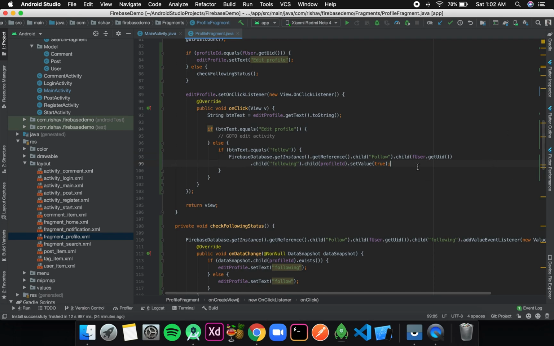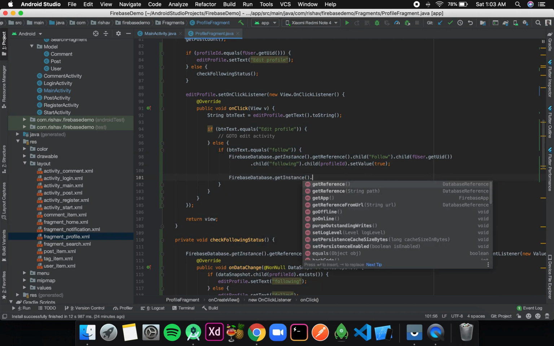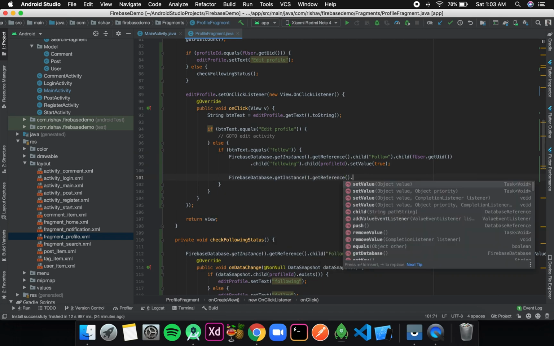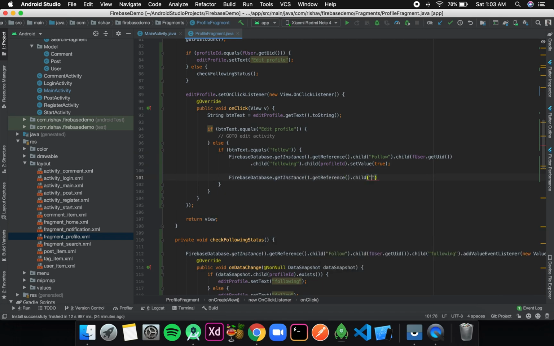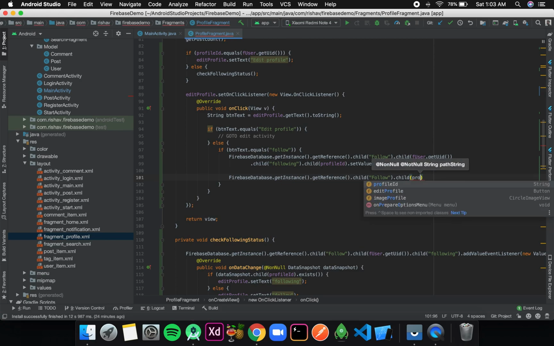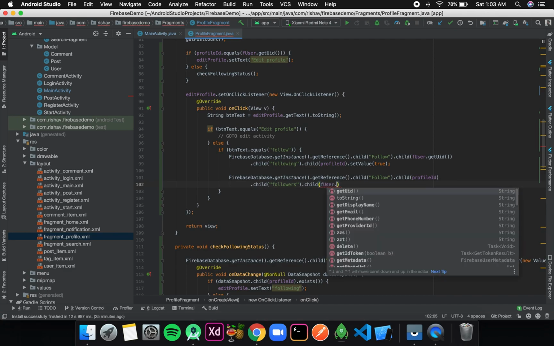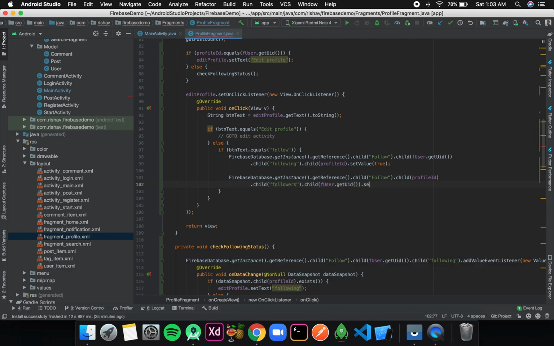Okay, and similarly FirebaseDatabase.getInstance().getReference().child("Follow").child(profileId).child("followers").child(fUser.getUid()).setValue(true).